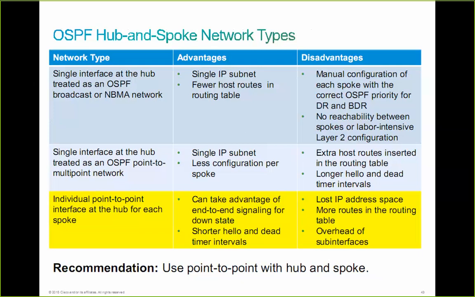Now, the upside of that is that we don't have to have multiple subnets to connect all of the spoke routers. We're using a single IP subnet to connect to all of the spoke routers. That results in fewer host routes because we're still using a single subnet as our WAN, as opposed to having multiple sub-interfaces and then having to have a separate subnet for each sub-interface. The downside and the disadvantage is that we have to manually configure each spoke with the correct OSPF priority,